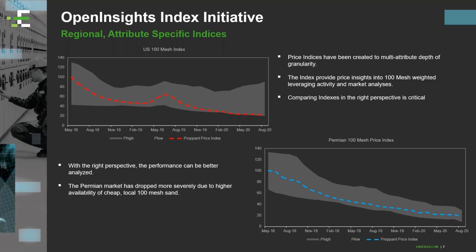But if you look at this, and Jonathan, I'm going to ask you to provide some more commentary here, being the proppant expert. If you look at these two charts, what's really interesting to me is, first of all, the dotted line in both cases is the actual index, but we also provide a zone of uncertainty. It's not necessarily a confidence interval. It provides a range where a majority of the transactional information would reside, right? So what the US chart tells me is that nationally speaking, once we weight it based on activity and pricing variations, the 100 mesh market seems to have consolidated significantly and is skewed very heavily towards the lower end of the pricing range, right?